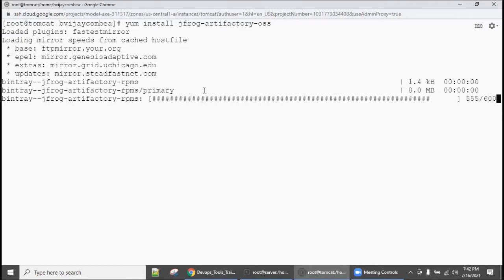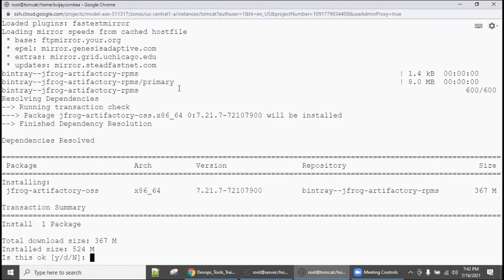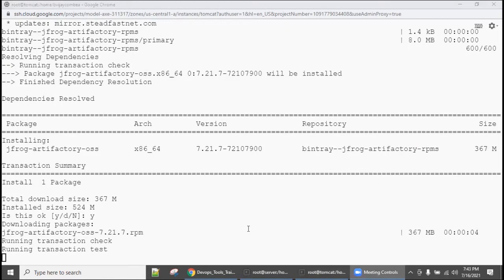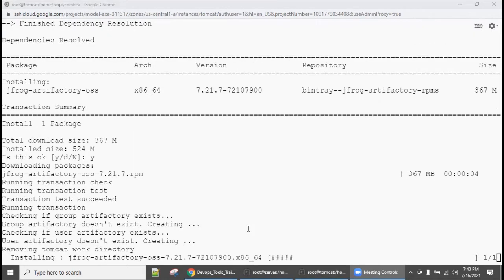The repository is getting initialized, and we are going to download from that repository and install it. It is asking, and it is coming from this repository. Yes, I need to install. This software is a bigger size, 367 MB. So it is downloaded and getting installed.